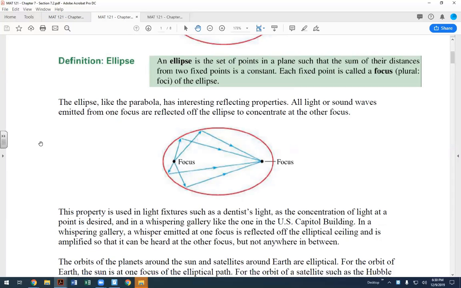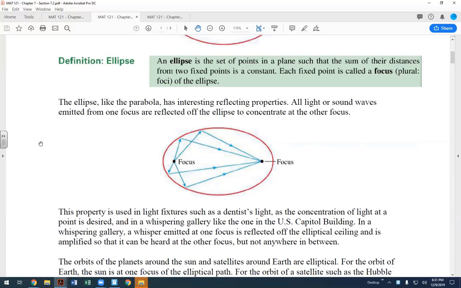I've never had a chance to actually try this, but the Capitol building in Washington, D.C. has a whispering gallery. So the idea is we think of the dome as a circle, but it's an elliptical ceiling, that Capitol dome that you have. So if you ever have had a chance, or if you in the future end up going, look for that